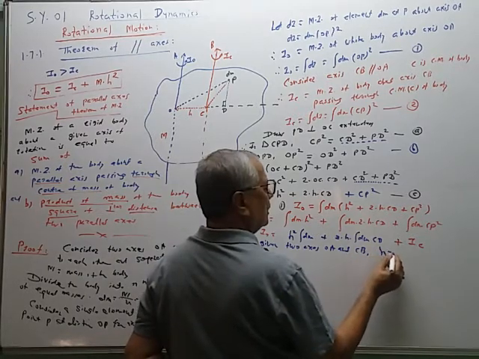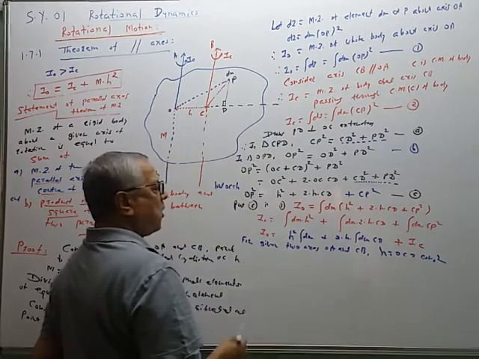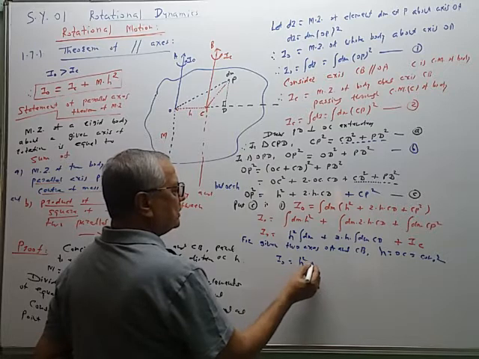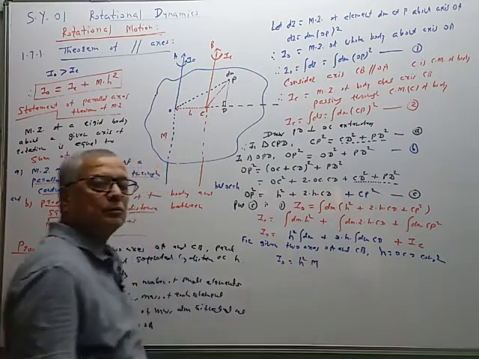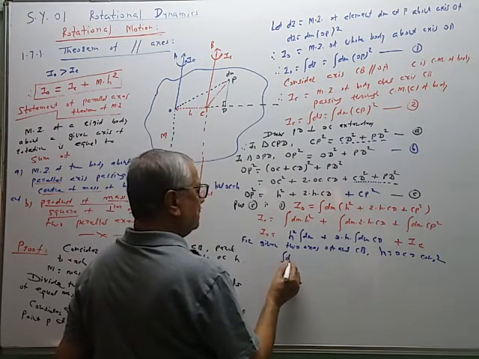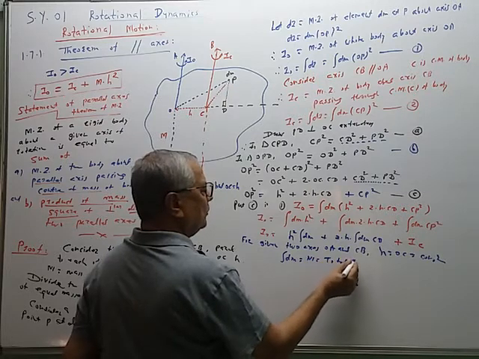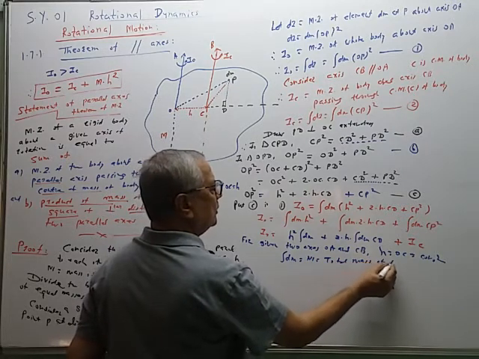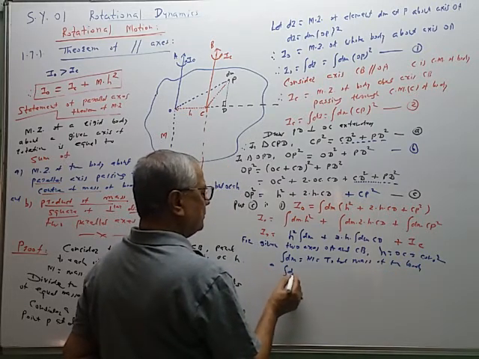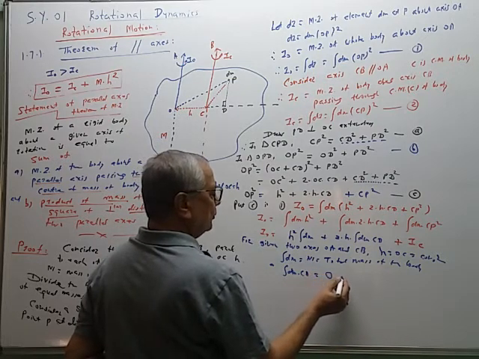H is equal to OC is equal to constant here, and therefore IO is equal to h square and integration of dm is equal to m, the total mass of the body. So better way you can write it like this: integration of dm is equal to m is equal to total mass of the body. Mass is a scalar quantity, and integration of dm into cd is equal to 0, always